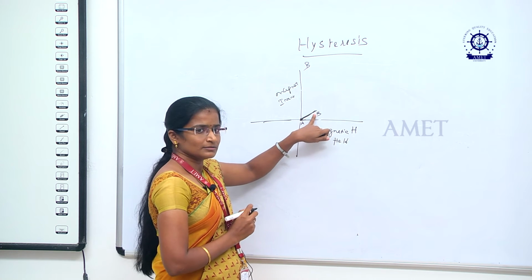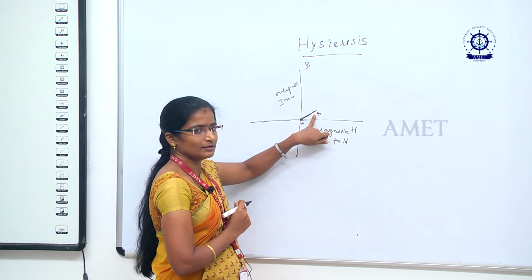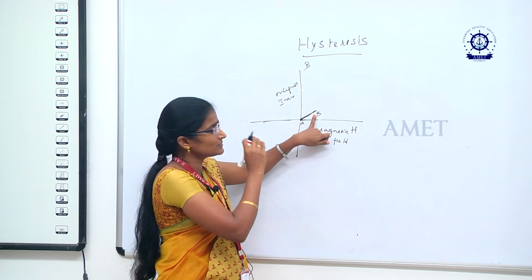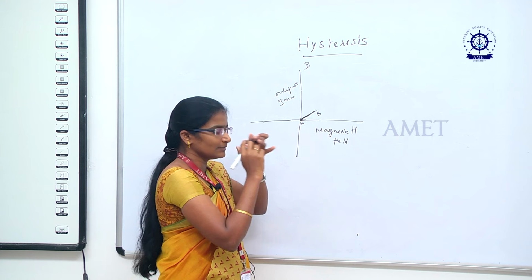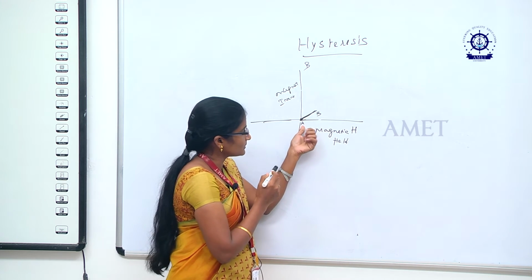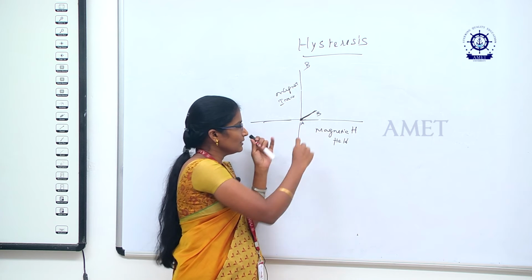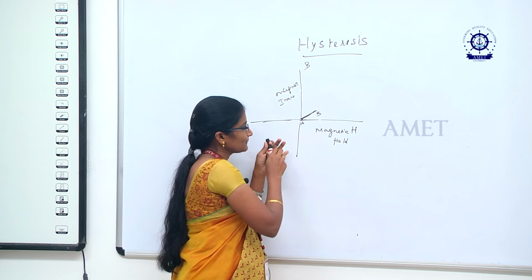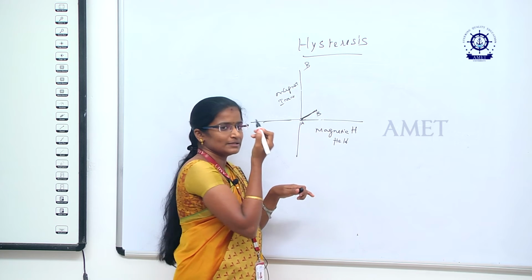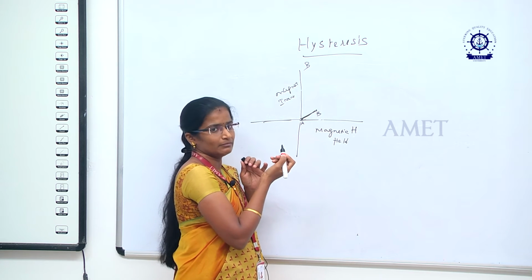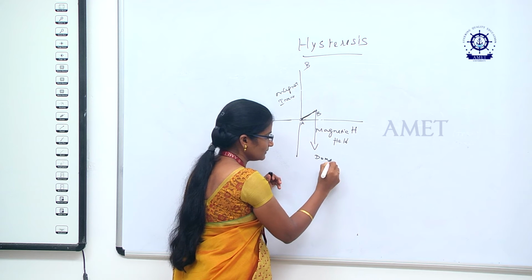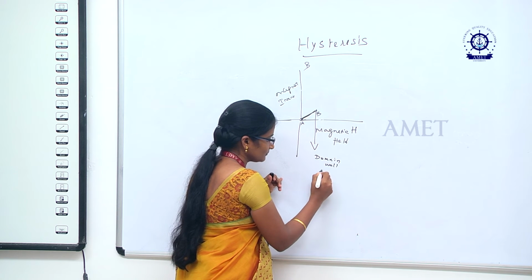At this point, what will happen on the material? Only the domain wall gets changed. So some of the spins change their direction. At that time the pen acts as a semi magnet or weak magnet. We are applying some field on this pen and increasing the field. On reaching this place B, this material acts as a semi magnet or weak magnet. In this place only the domain wall changed.